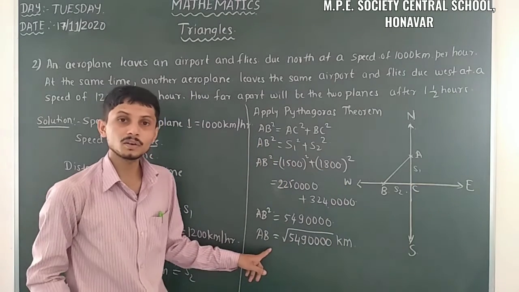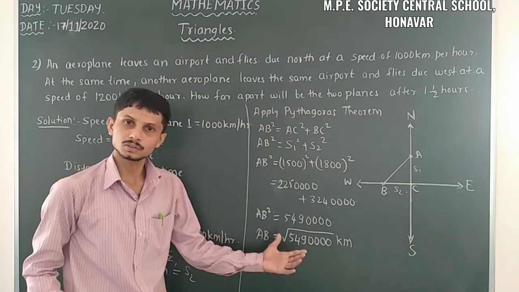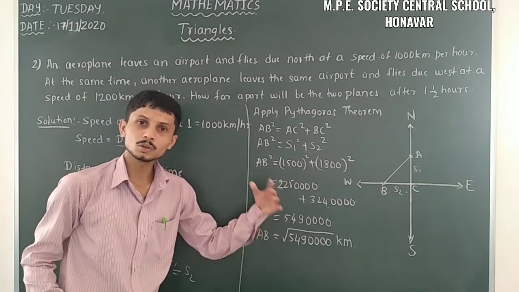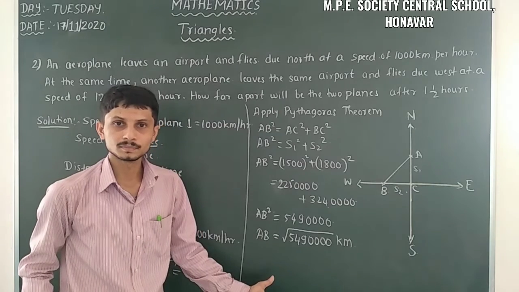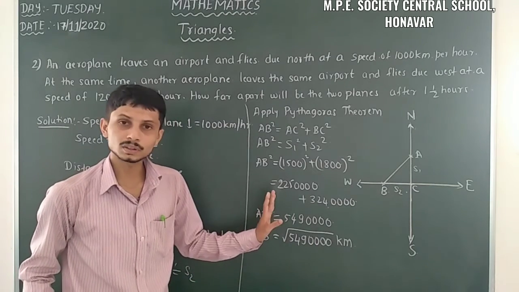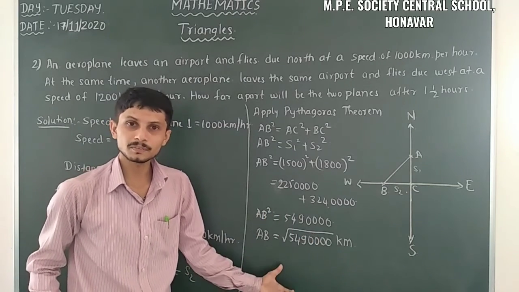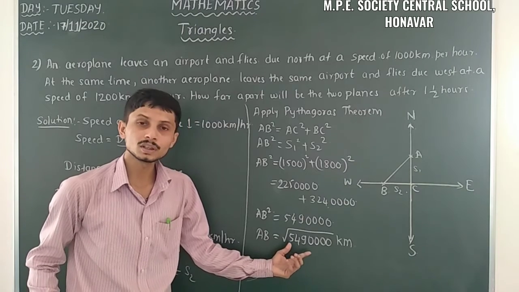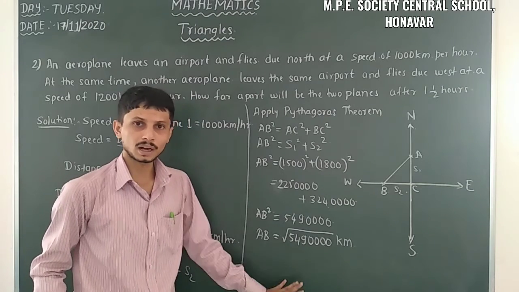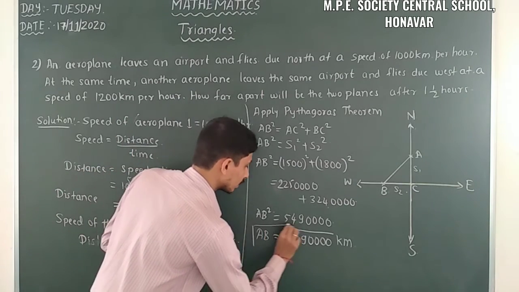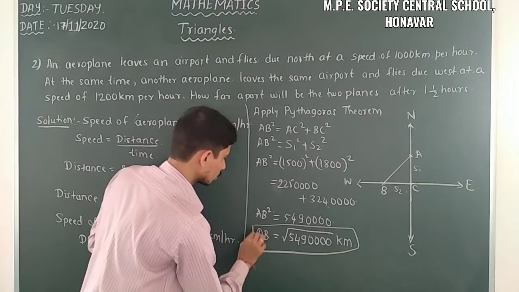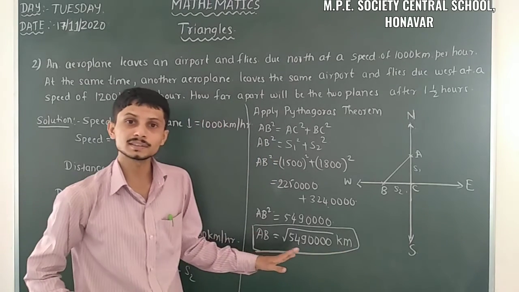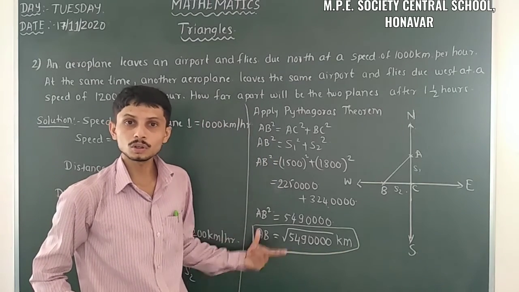Kilometer. So here we have the distance here. So it is enough. Also you can simplify. So here 4 zeros are there. You can simplify this one. So we have to know about the square root of 549. Also this is also enough. So this can be considered as an answer for this whole question.